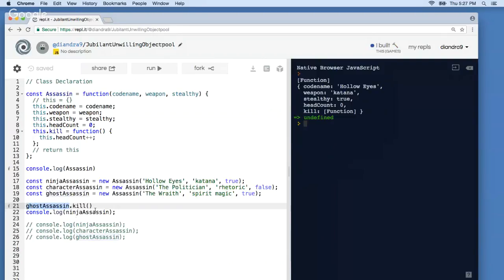So this always refers to whatever item is on the left side of the dot. So when you call kill, whatever is on the left side of the dot will be this in that case. So in that way, we can write this general method, and have this dynamically refer to whichever object we're calling it on. So that is maybe a little bit more of an insight into what this is and